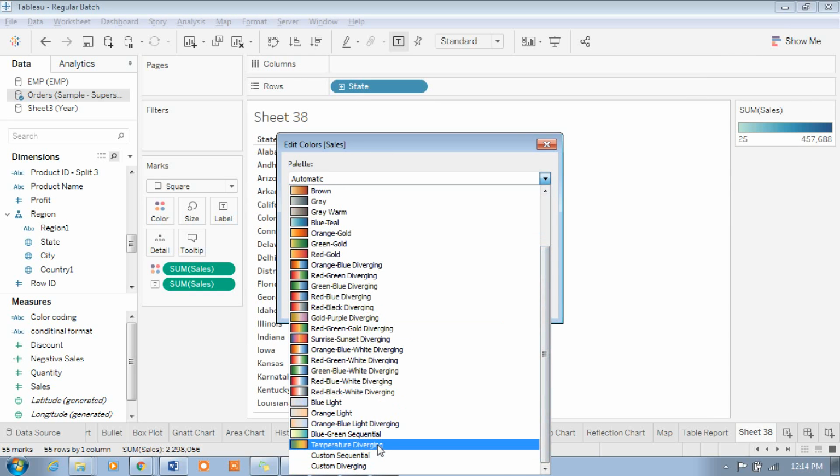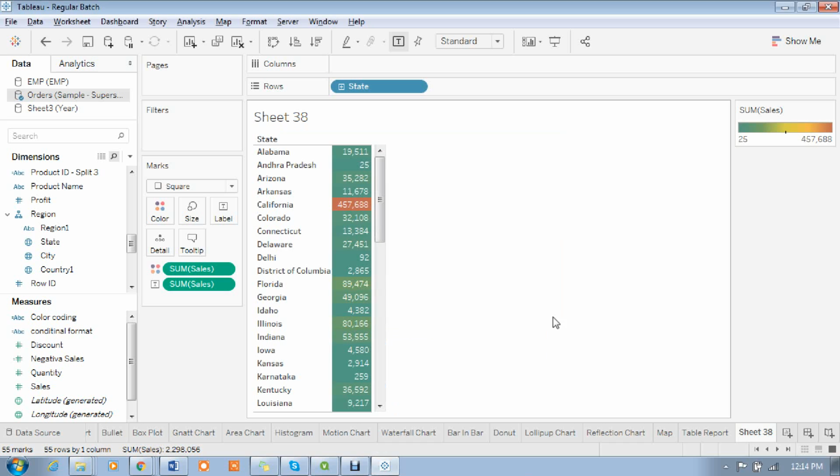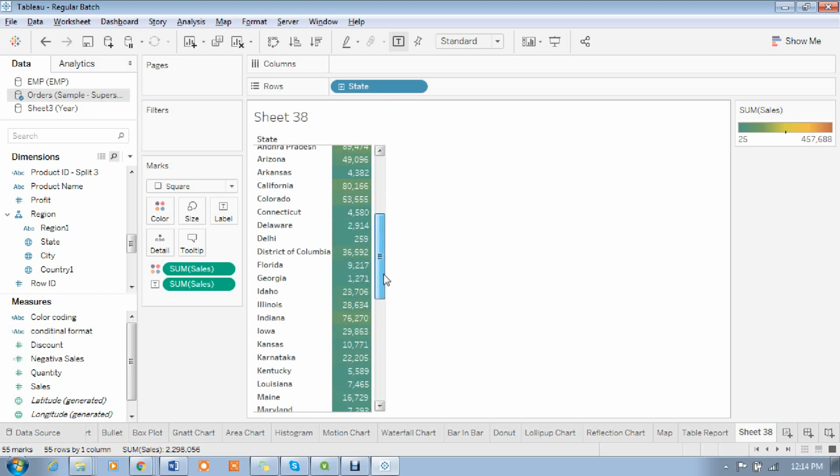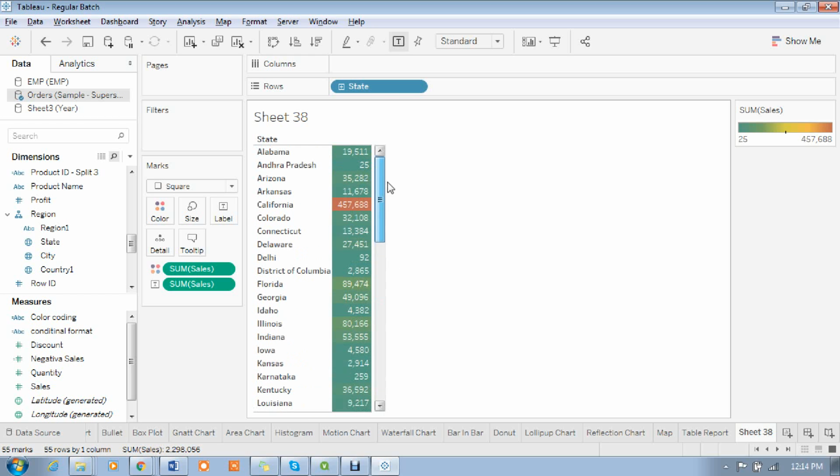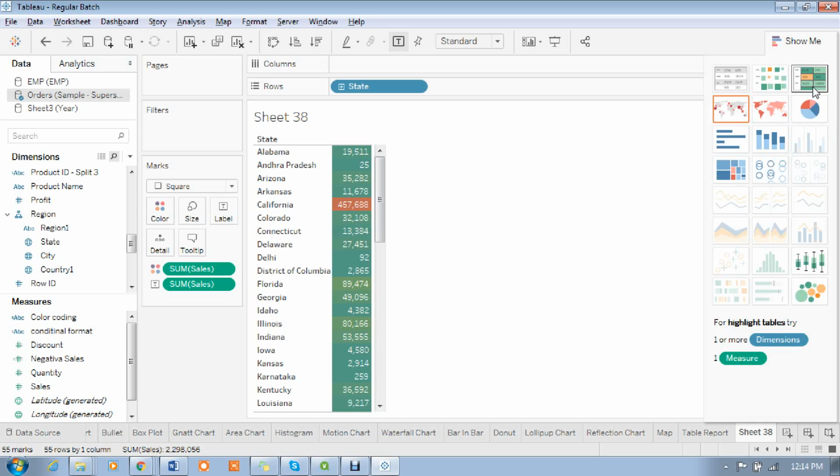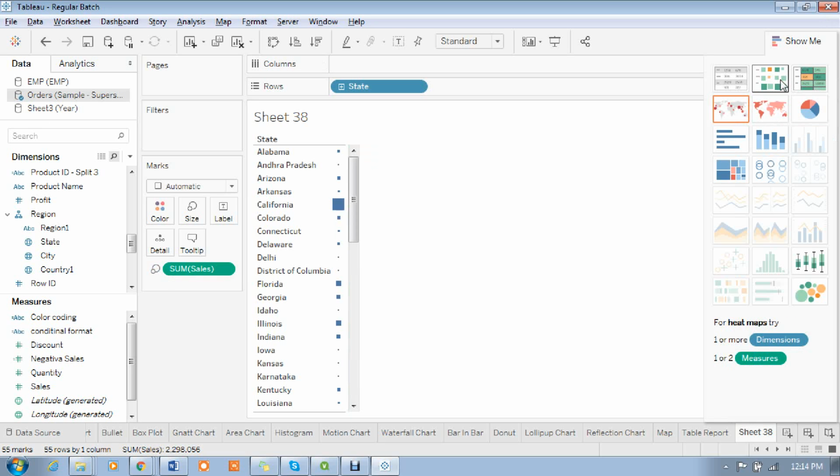Let's say temperature-wise, for the highest value we will get this one, and for the lowest value, green color. Just to highlight some values, rather than giving colors manually, you just click this button and it comes automatically. You can say it is a heat map, madam.